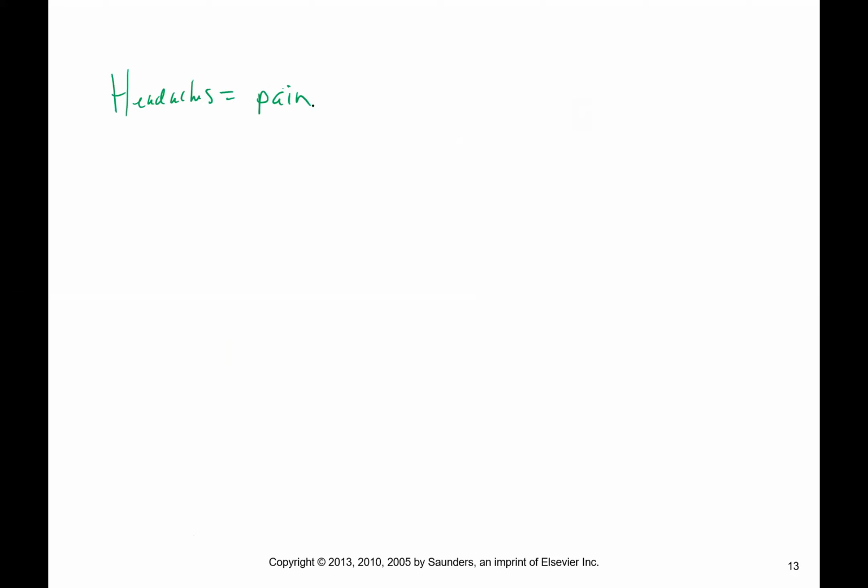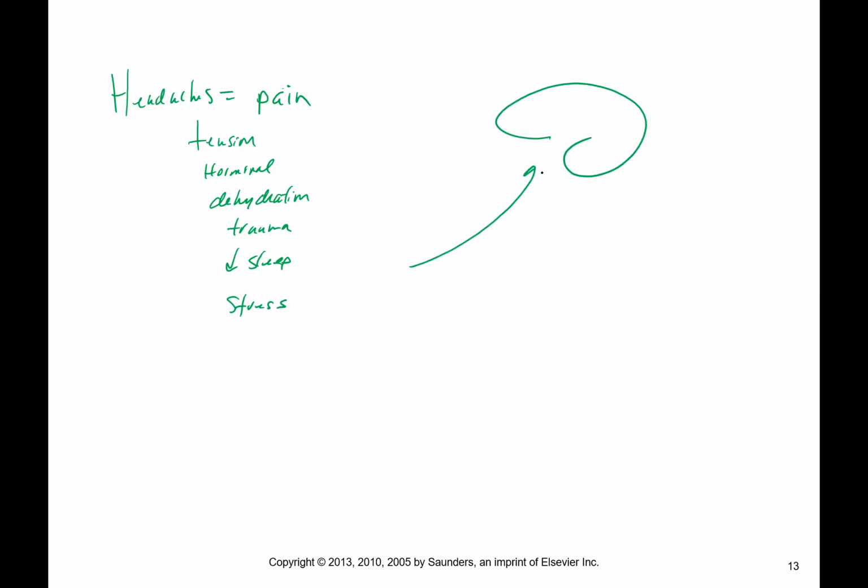And there are different things that can cause it: tension, hormonal changes, dehydration, trauma, lack of sleep, stress. So what happens is the brain tends to get bombarded with an abnormal amount of what we call